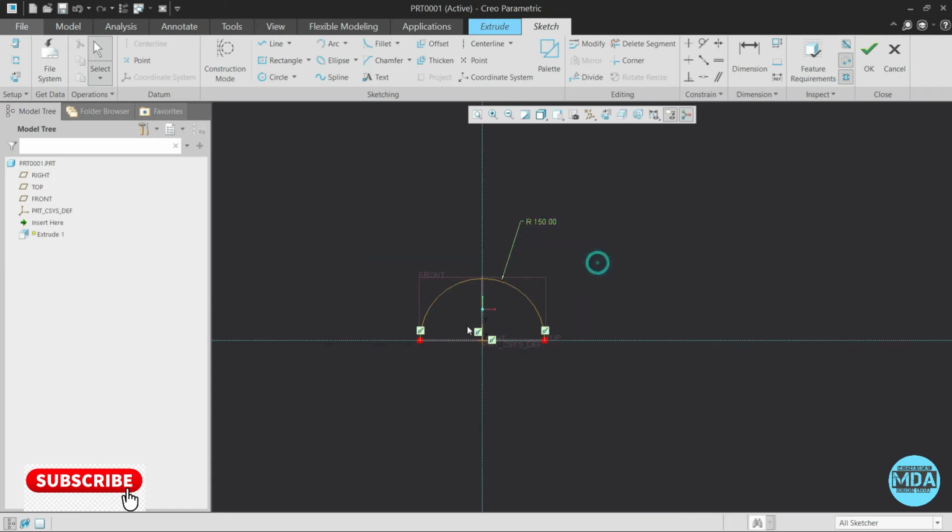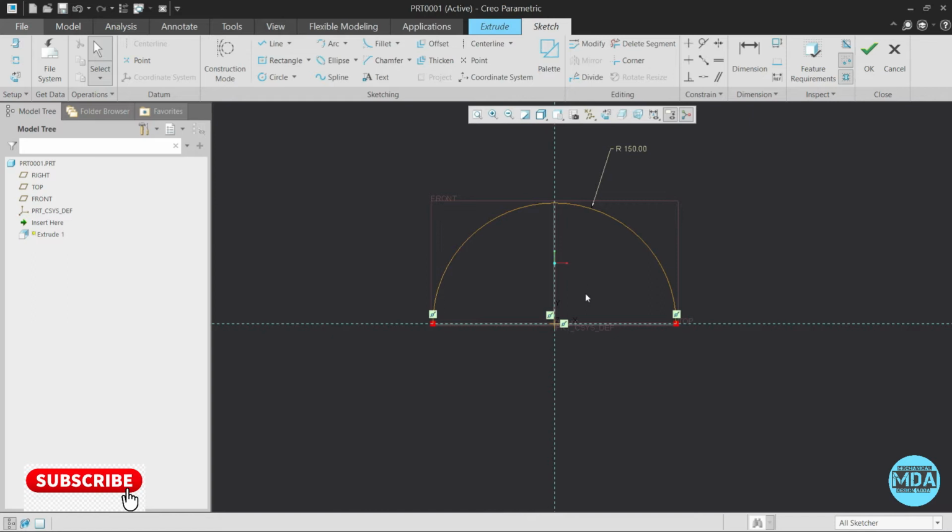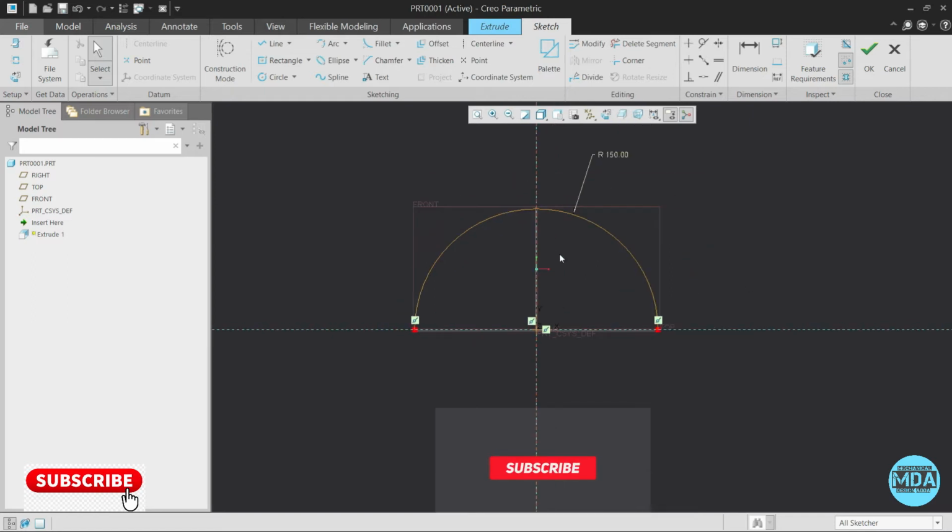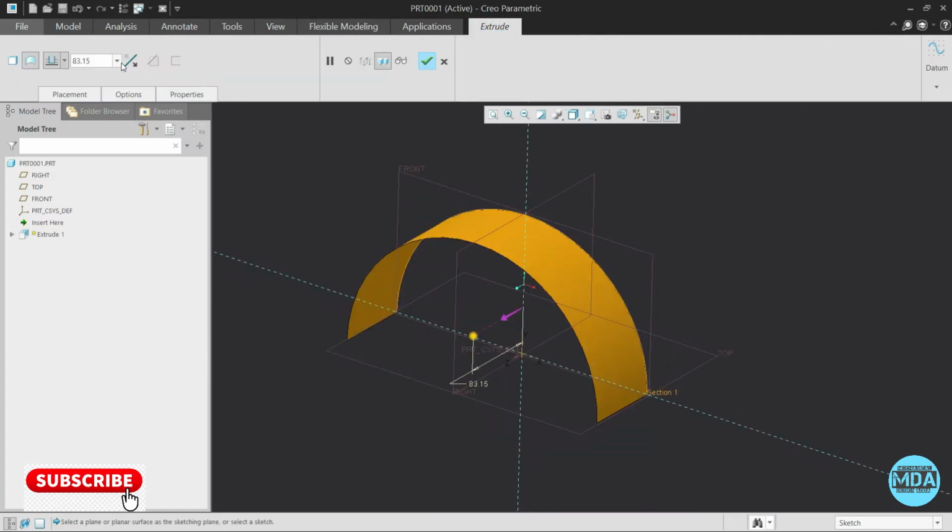Here you can see that the red points are the open ends, and now this sketch is open. Select OK. With an open loop, it will be created as a surface or thicken. If you select solid here, it will be thicken, and if you select surface, the surface will be created.